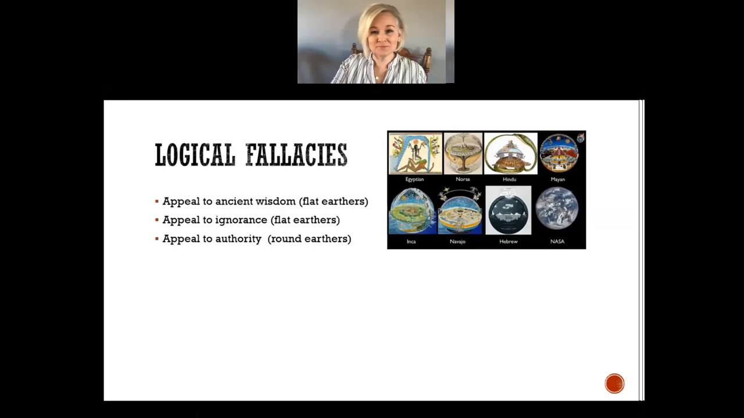And a lot of them, when it came to the argument, they would always talk about the past and how so many people believe that it was a flat Earth back then. So they're just using the fallacy of the appeal of ancient wisdom. And for the appeal to ignorance, I believe Lexi was